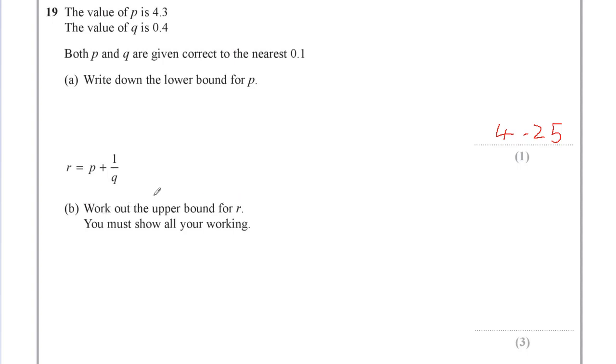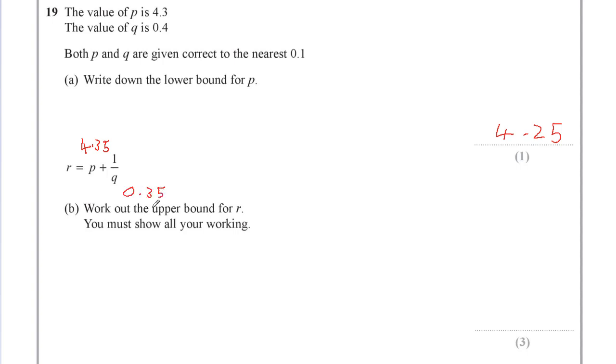Okay, for R to be at its largest, P must be at the upper bound, which is 4.35. We also need to add the largest reciprocal of Q. And as Q is less than 1, a lower value of Q will give a larger reciprocal. So we need to find the lower bound for Q, which is, using the reasoning above,